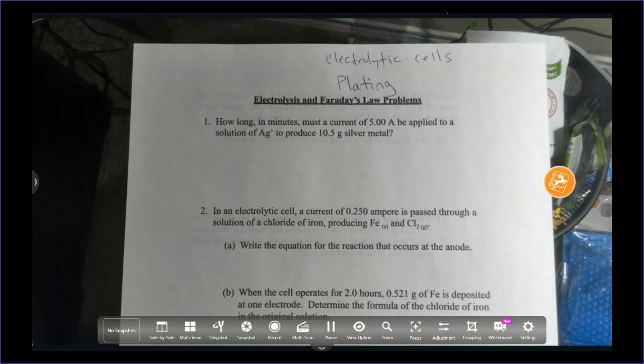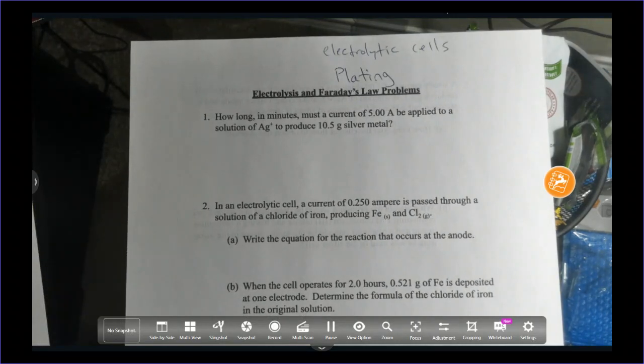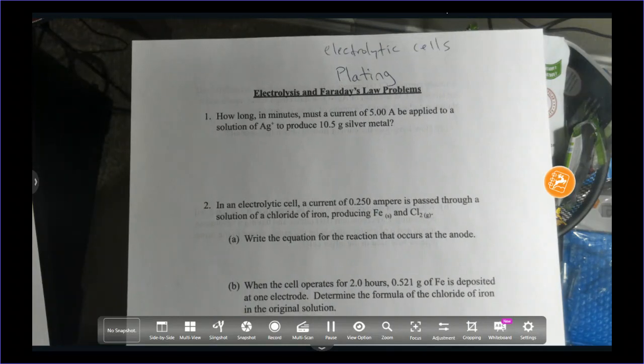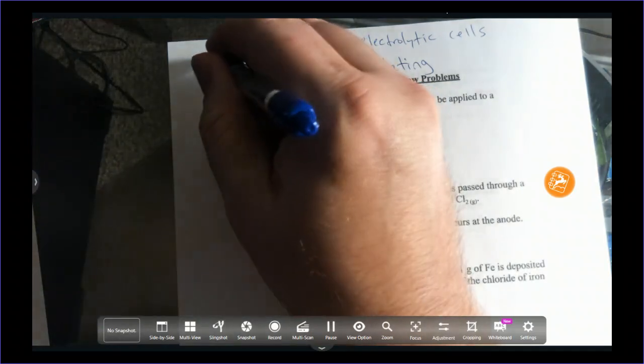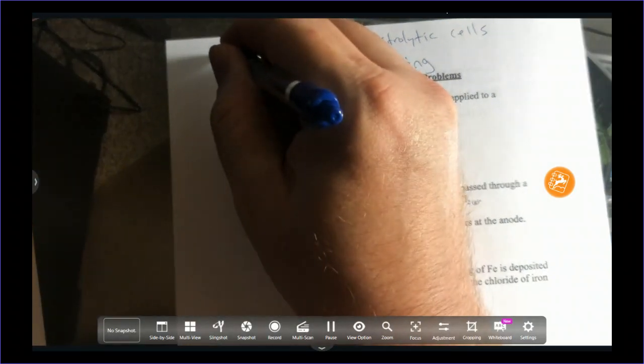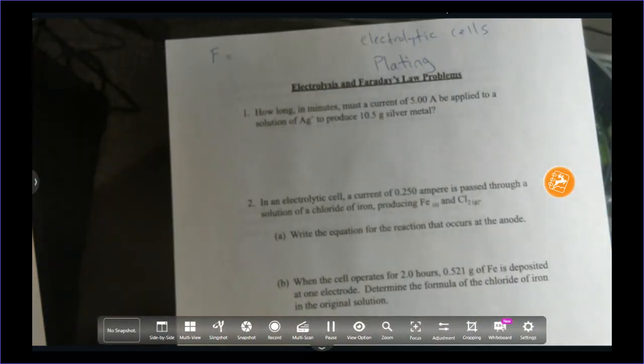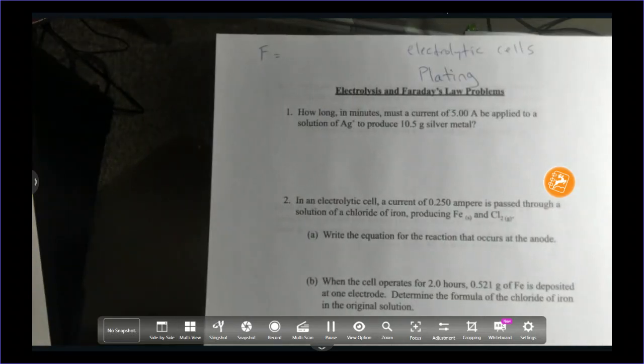And really, this is just one big, gigantic dimensional analysis problem. A couple of things here. We do have one of our constants to use, F. Remember that from the Nernst equation. That stands for Faraday's constant, and that's